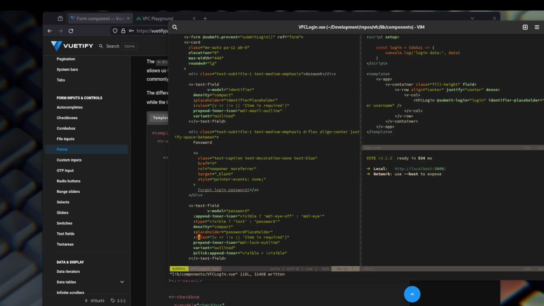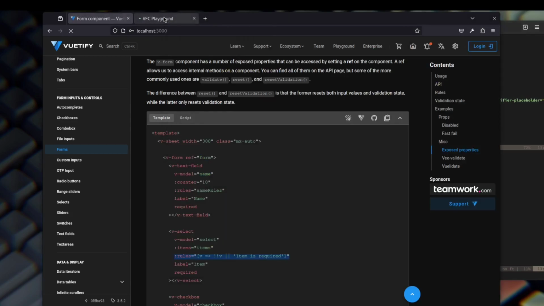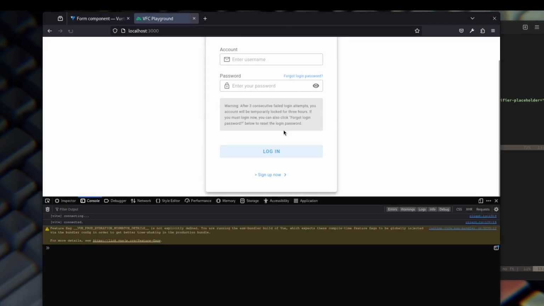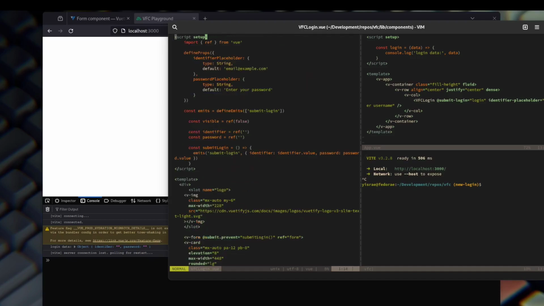And if we save this and go ahead and do that, I'm gonna rebuild it. This is just gonna give us the warning essentially. So for example, if we click in here and come out, it will say the item is required. However, if we click on it, it will give us the warning now, but still not give us anything. So we want to actually prevent it from being submitted in the event that nothing was passed in here,